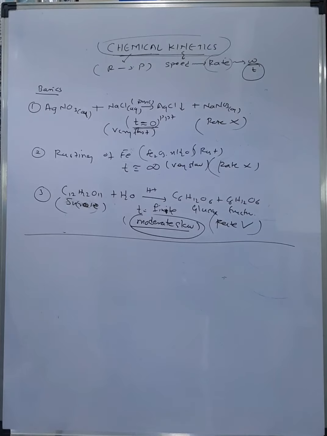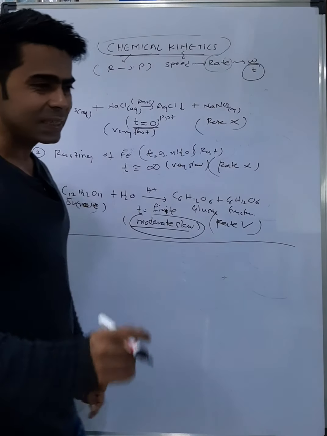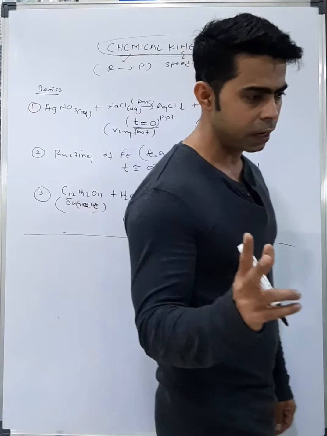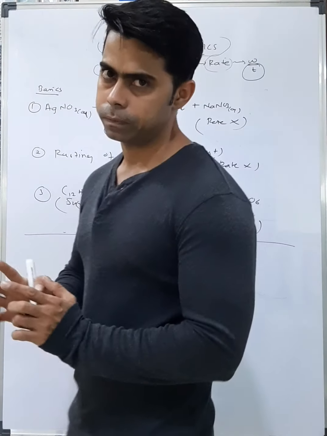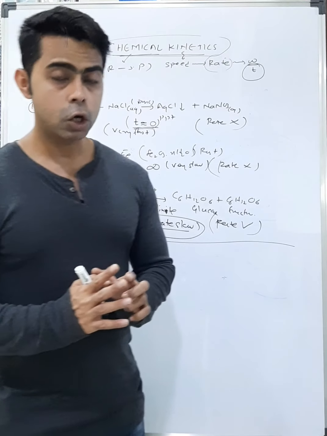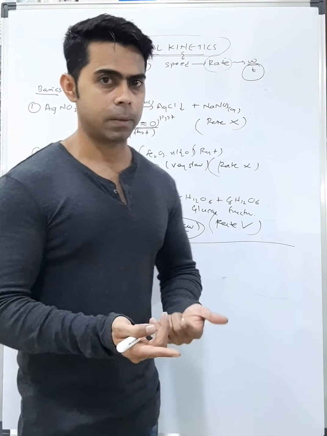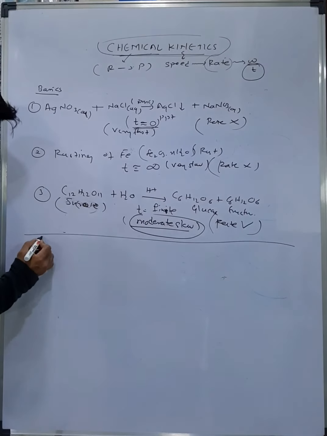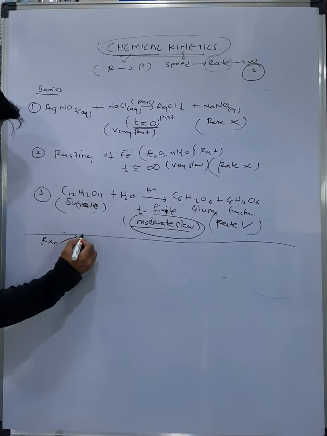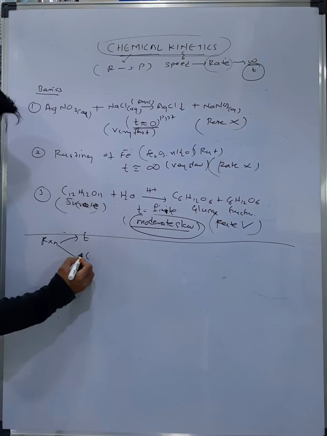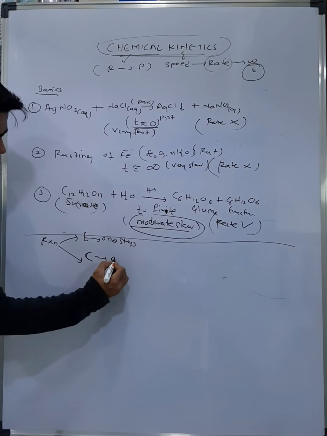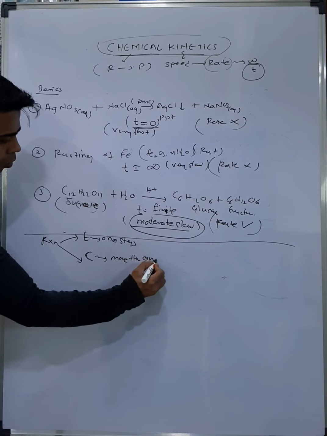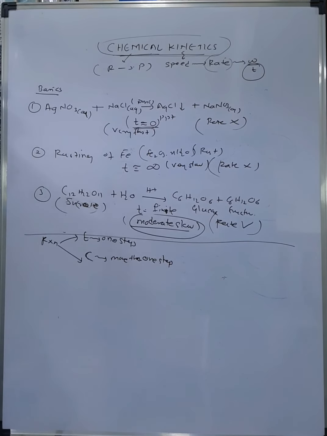Okay, now depending upon the number of steps, there are two kinds of reaction. One is called an elementary reaction, a one step reaction, and second is a complex reaction, more than one step. ओके। सो अगर हम लोग यहाँ reaction की बात करेंगे तो reaction elementary हो सकता है और reaction complex हो सकता है। Elementary मतलब one step reaction और complex is more than one step, एक step से ज़्यादा।